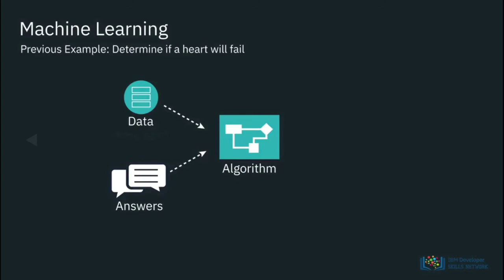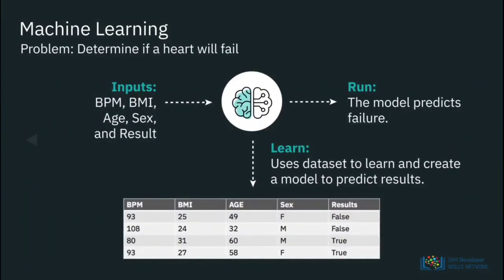Instead of getting answers in the end, we already have the answers. What we get is a set of rules that determine what the machine learning model will be. The model determines the rules and the if-then-else statement when it gets the inputs. Essentially, what the model does is determine what the parameters are in a traditional algorithm, and instead of deciding arbitrarily that beats per minute plus BMI equals a certain result, we use the model to determine what the logic will be. This model, unlike a traditional algorithm, can be continuously trained and be used in the future to predict values.